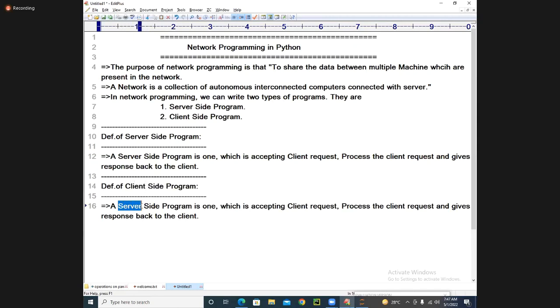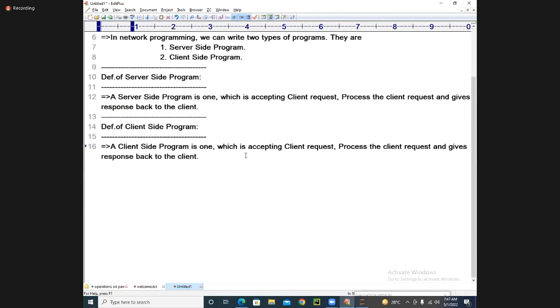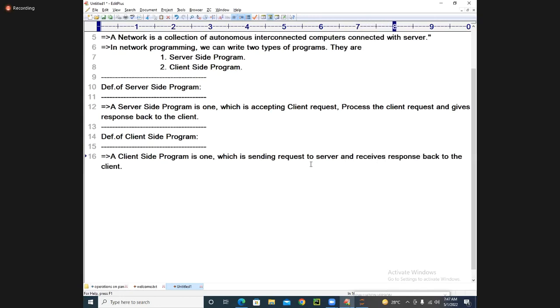A client side program is one which is sending a request to the server, and receives a response from